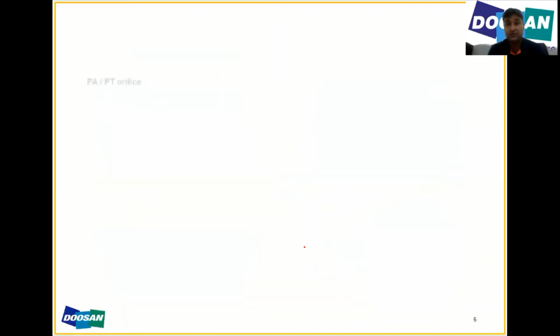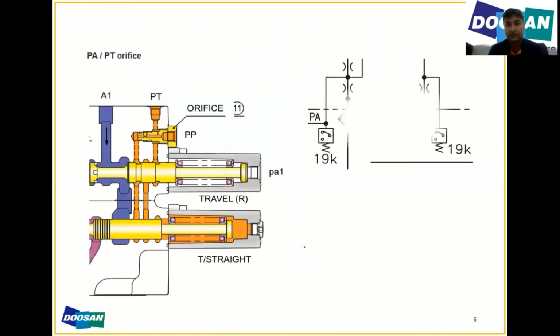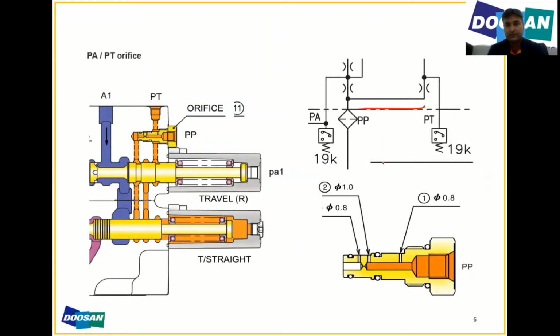Now what are the pressure switches? Here you can see that this system contains 2 pressure switches, one is PT and the other is the PA switch. What is PA and what is PT? The PA switch works for the auto idle system for boom, bucket, arm, swing and option.